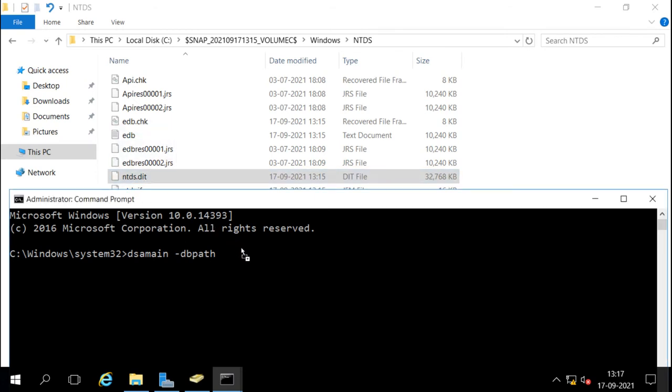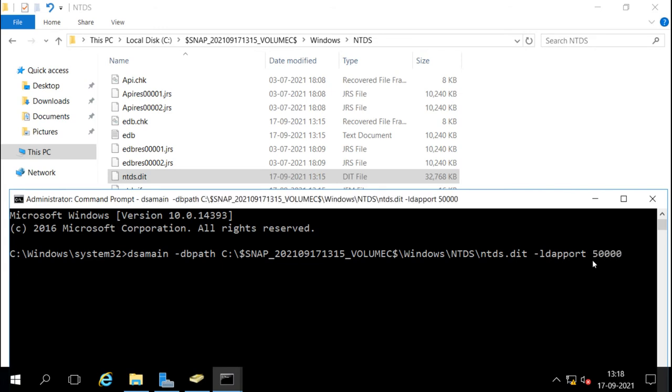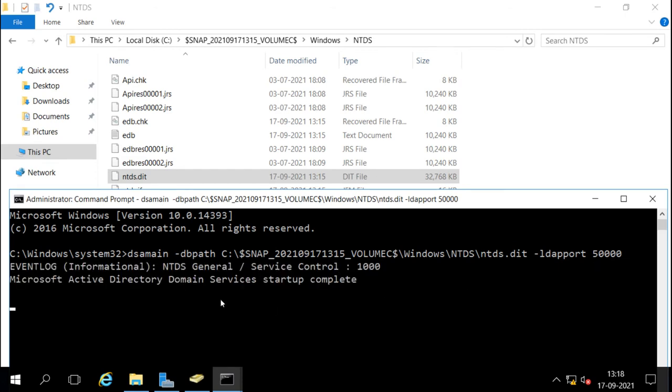I am dragging the snapshot database file path here. Then I will say ldapport. I am going to run this database on a separate port so that I can access it with this port. Let's say 50,000. Now it is activated and running this instance on this port number.